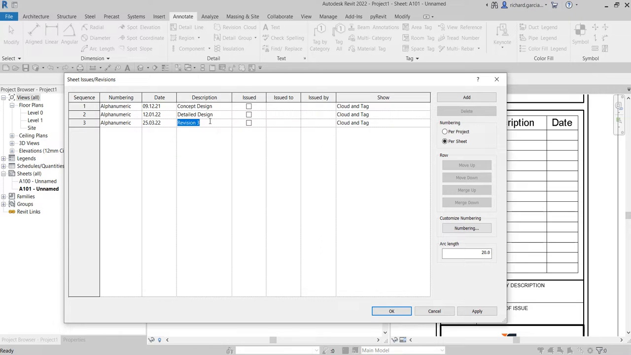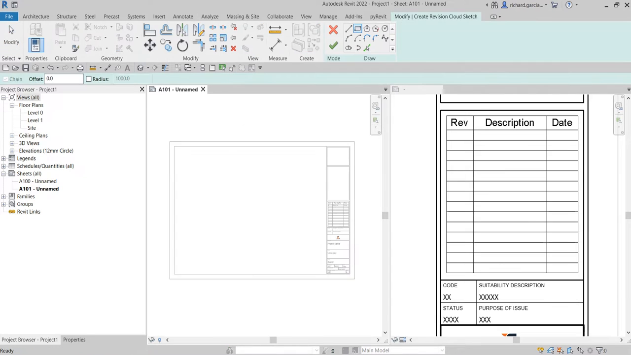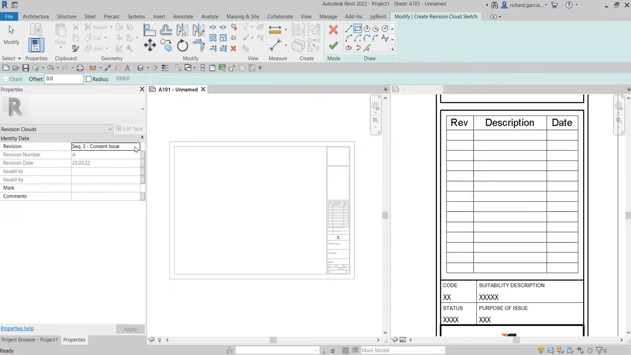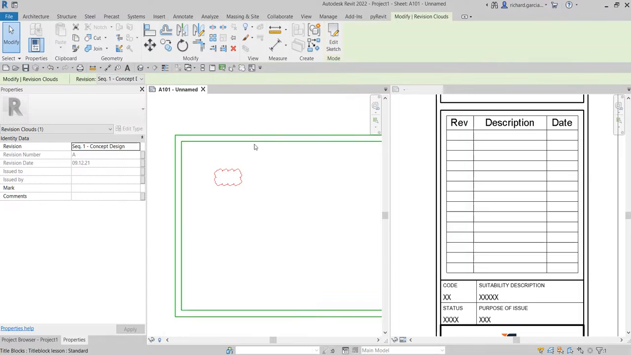Okay, so this will be for consent issue. Okay, and then I'll select OK. So now I'm going to select this revision cloud, and for the properties I'm going to use the first issue, the concept design. So I'm going to put a cloud here using a rectangle. Let's put a cloud like that, and then select OK, and let's see how it looks